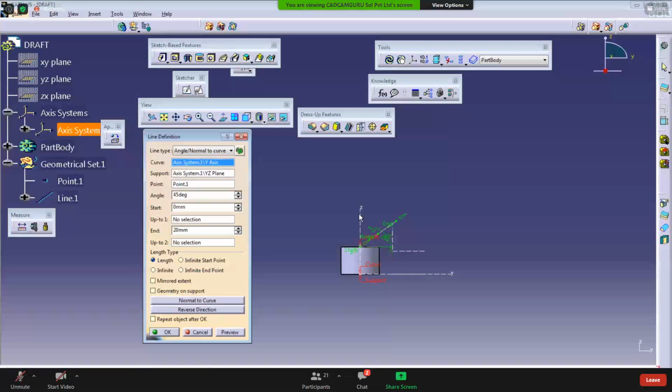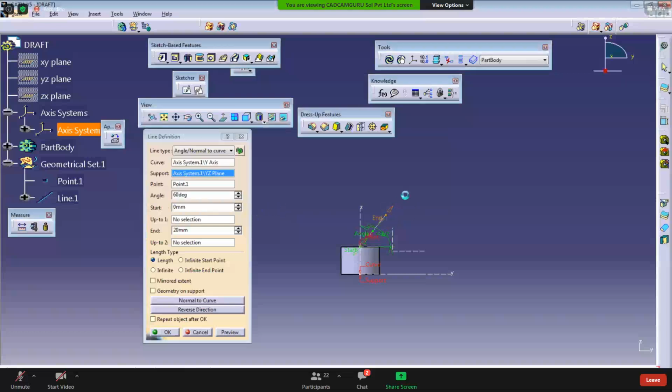So if you choose this z as a reference, then from that z axis 45 degree will count. If you take y as a reference, from that y reference 0, 45 degree will count. And which plane you want to define, that plane is also necessary. Okay, so I'm selecting the front plane. The angle now I'm changing to 90 or 45, whatever it is. Okay, so I'm defining this angle 60 right now.